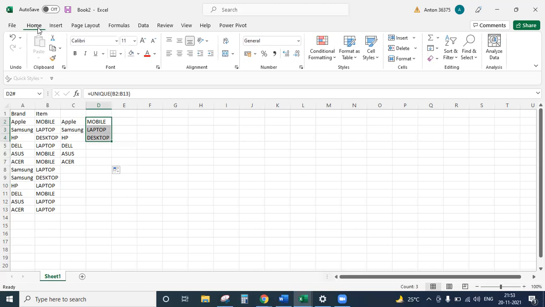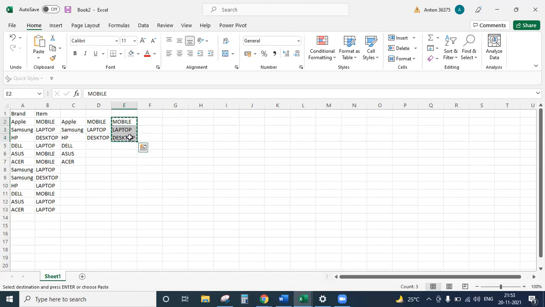Copy it. I do a copy. There's the copy. And then go to the next cell and first do paste values. So paste, paste values. So you get the actual values. Earlier it was a formula, right? Correct. Now again copy this E2 to E4.